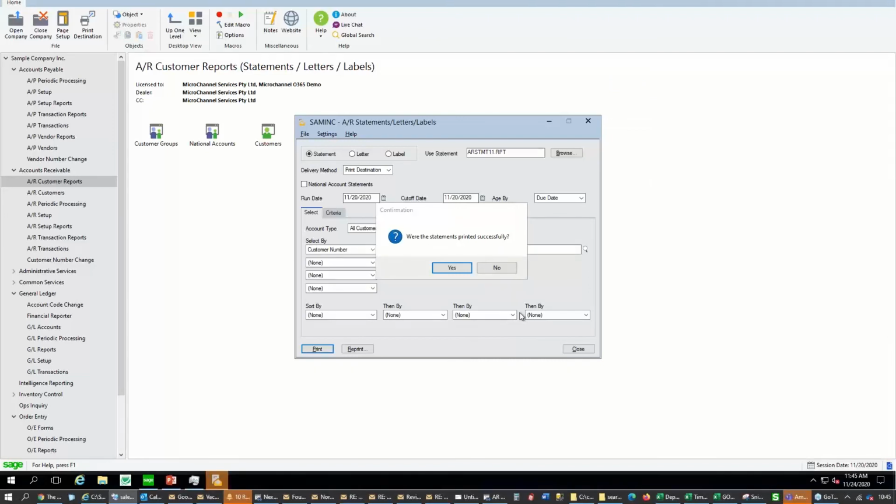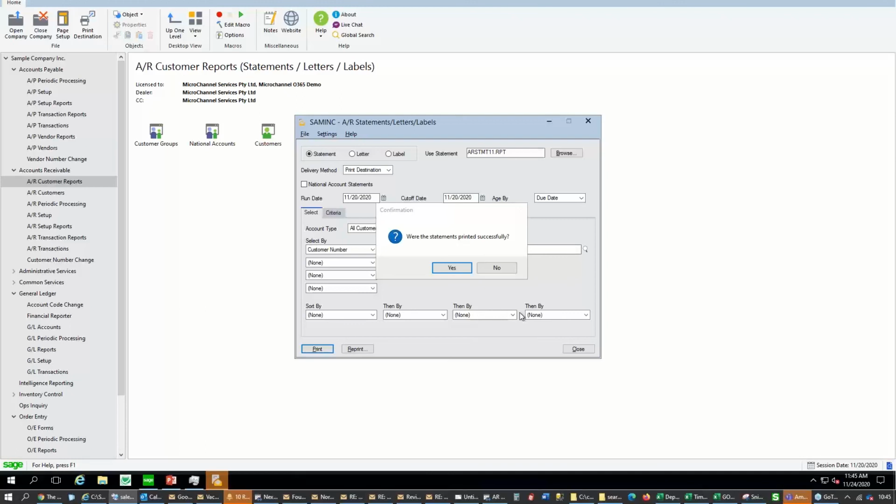Yes, so when you close the statement screen, whether you're emailing, printing to a printer, or just viewing the screen, it'll always ask this question. This is a critical processing moment where you have to say yes or no. If you say yes, it marks the statements as printed. That's important because then the next time you print the statement, it won't reprint items that have been fully paid